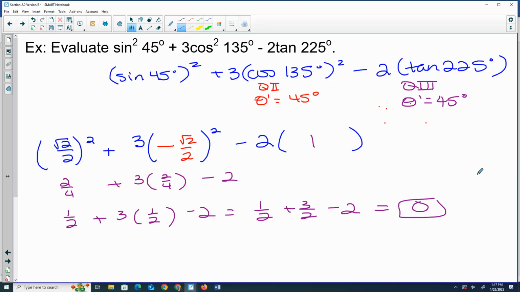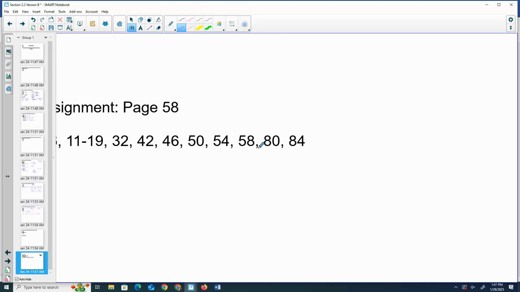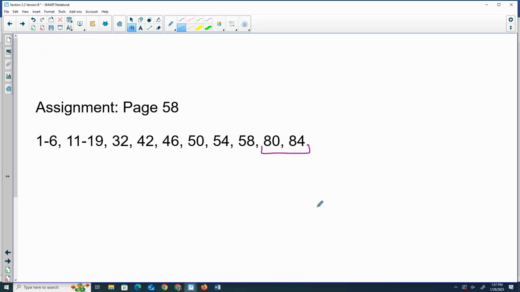I think I'm going to stop here because I want you guys to work on problems in practice. There's actually only one example left, but it's kind of changing gears, so I don't want to do that yet. I want to make sure you guys understand this before I put anything new on there. So the assignment, technically you could do everything except the last 2 problems at this point, and you do have quite a bit of